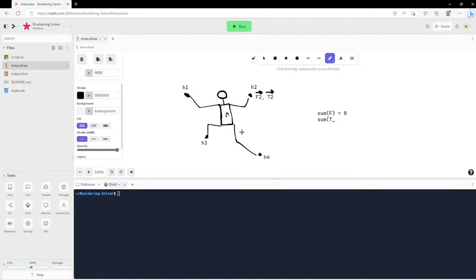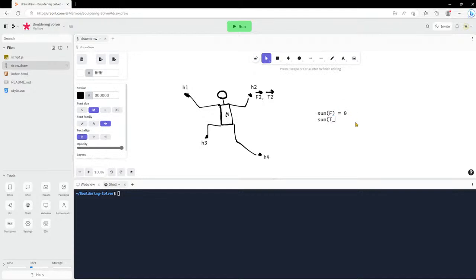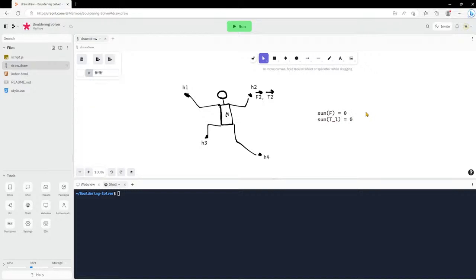By the way, I'm not modeling right now the fact that if you bend your legs in a particular way, your center of mass is going to move. I'm not doing that. I just want to try something simple and see if I can get it working. Anyway, the point is that we're summing the moments around a particular location, so I'll just call it L for location. So the sum of the moments around a particular location is 0. But here's the problem. Given a particular set of holds,